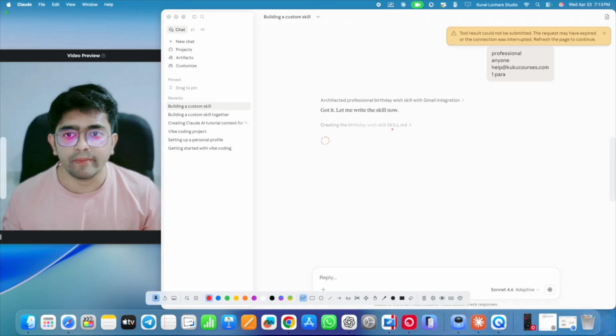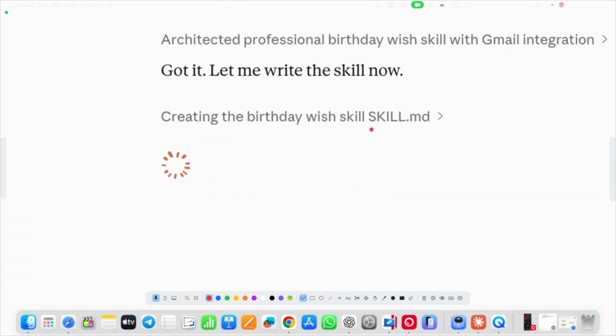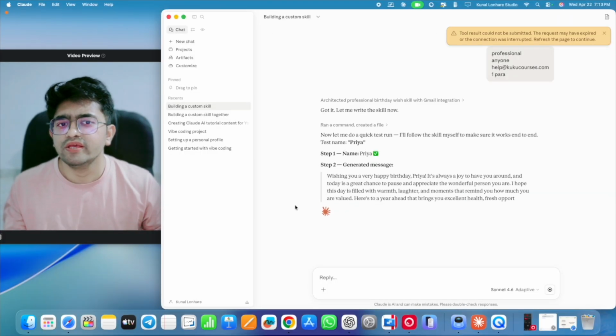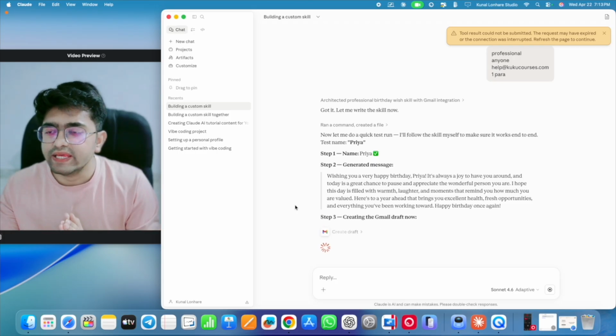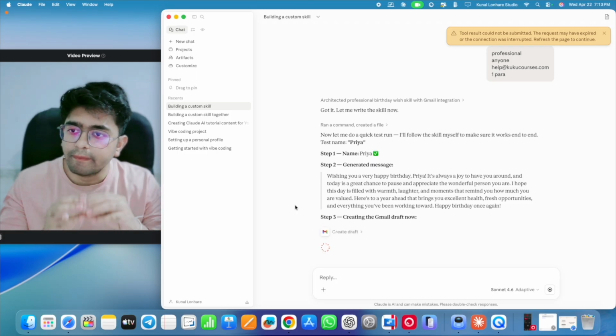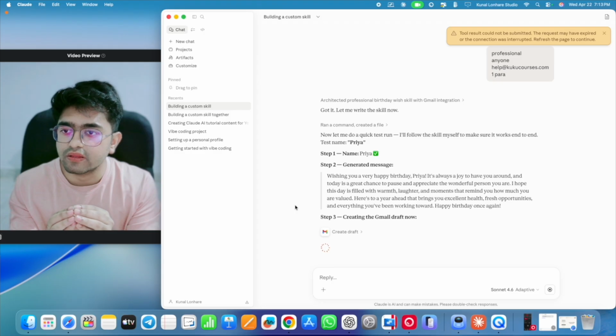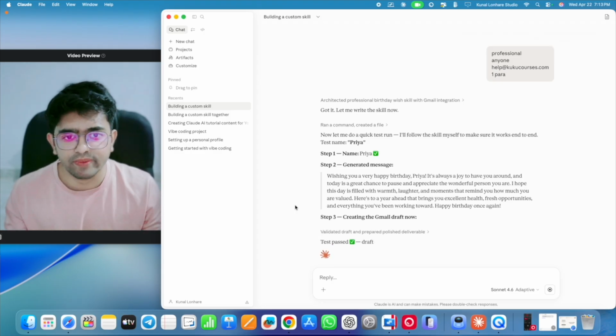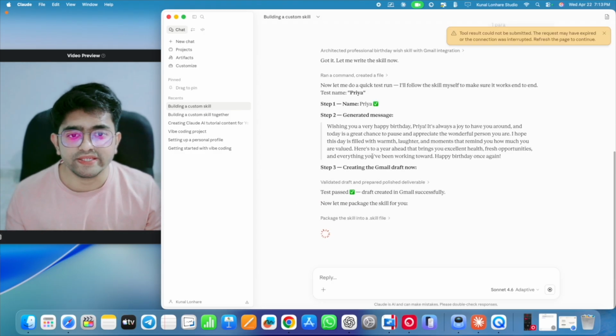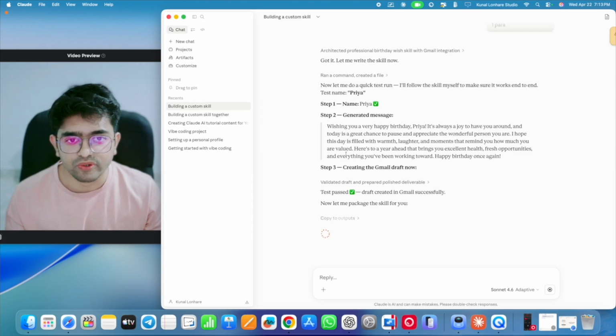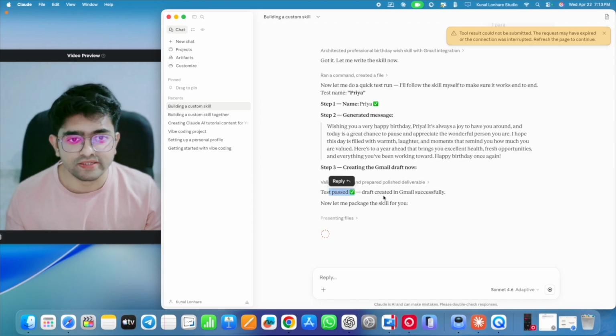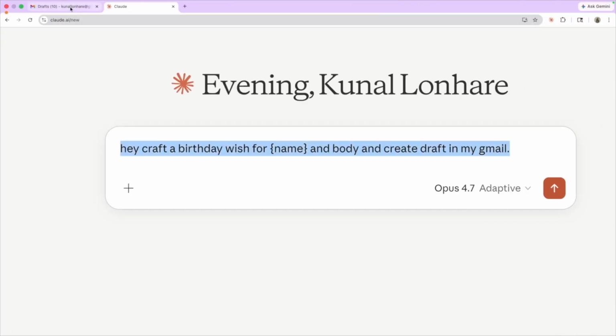But always remember that whenever you create any skill, it will always create a skill.md file. So the skill.md file is basically the instruction place where the skill will work. I will show you that as well. And now you can see what it is doing is that it is creating a test. You can see it's passing the test draft. Let's see if its draft is created or not